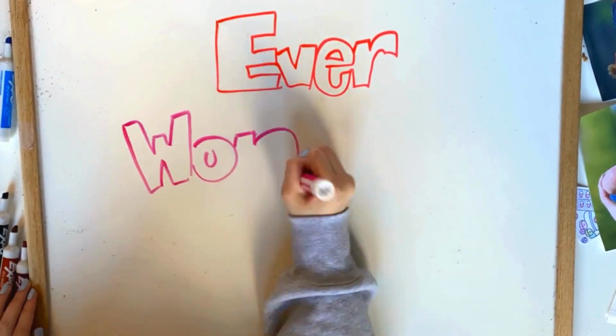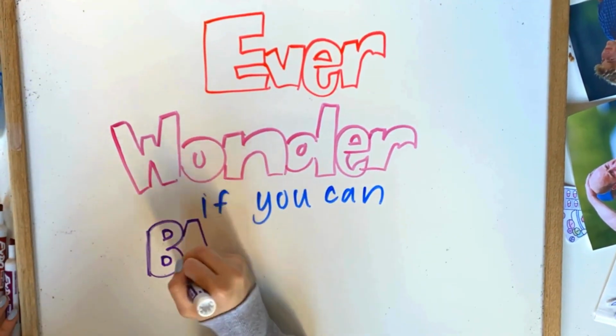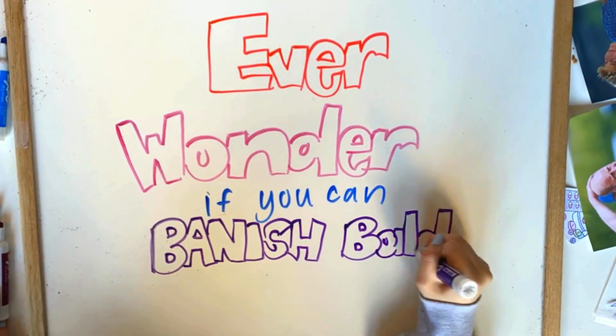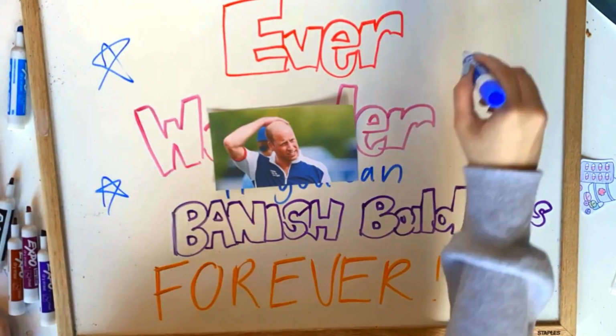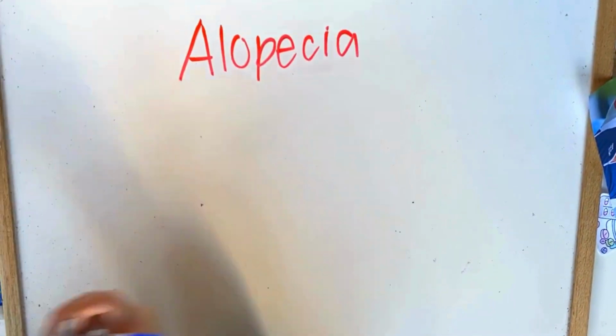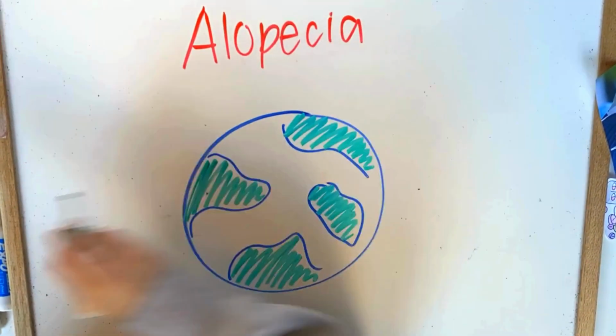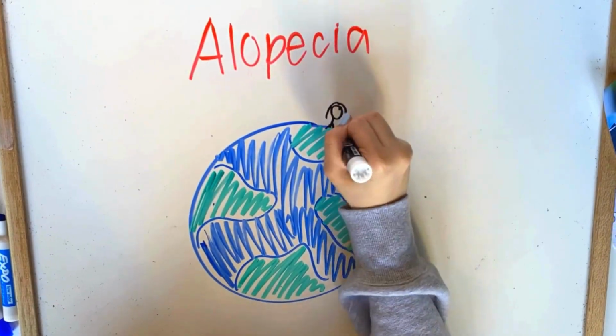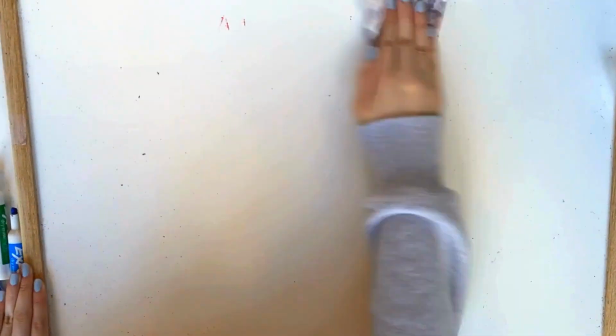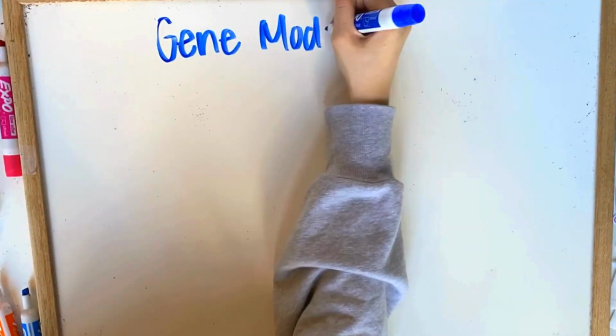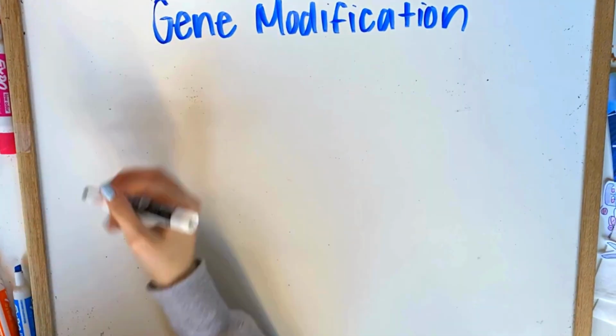Now that we have background information about DNA, we can now ask the question we've all been waiting for. Ever wonder if you could banish baldness forever? Alopecia is the most common disease that involves abnormal hair loss, which is a major psychological challenge that is affecting people worldwide. We can suppress or even prevent alopecia by using gene modification, also known as gene engineering, which is